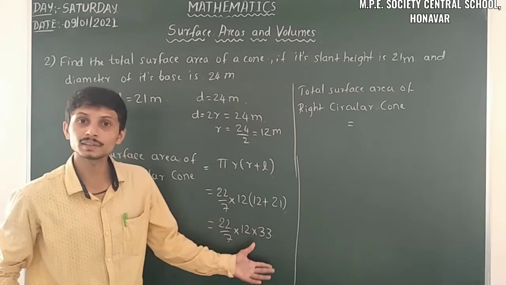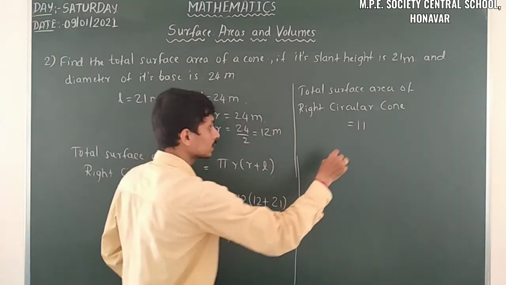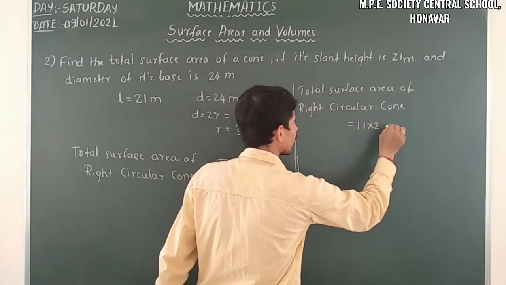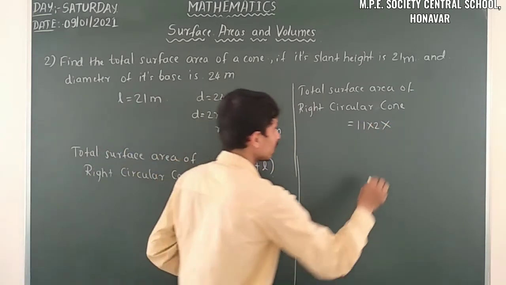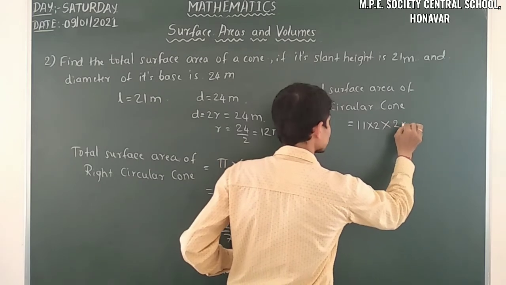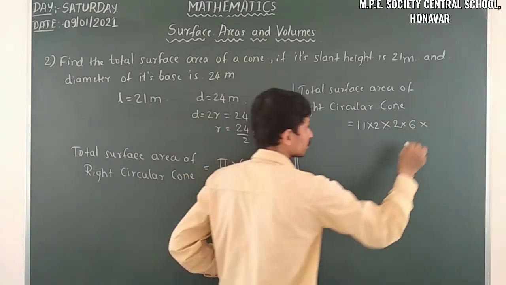In 22 and 33, 11 is common. So I will write 22 as 11 into 2, and 12 as 2 into 6, and here 33 is 11 into 3,